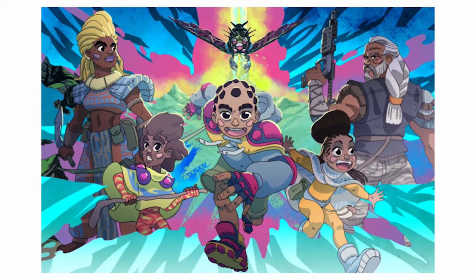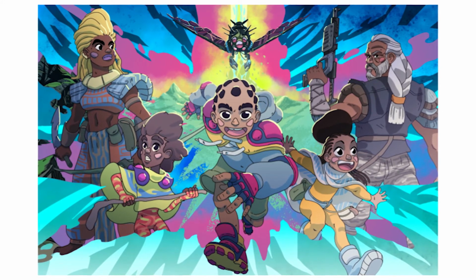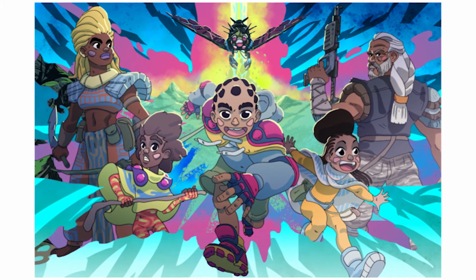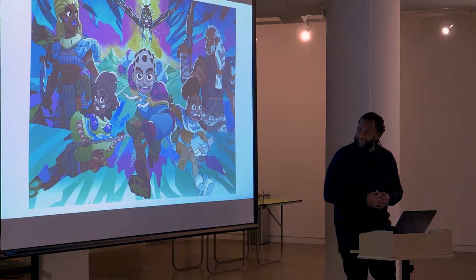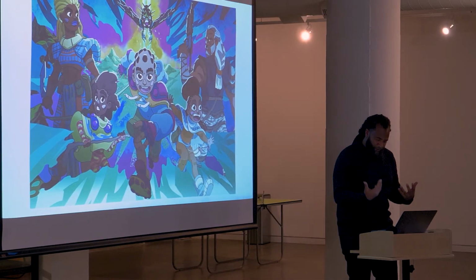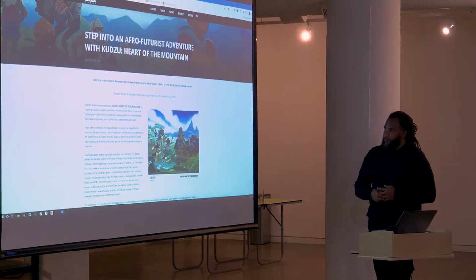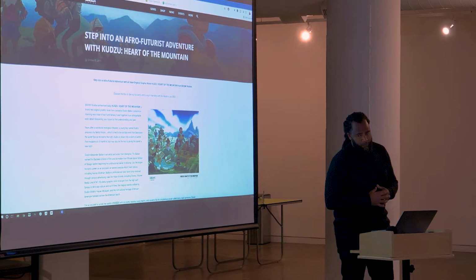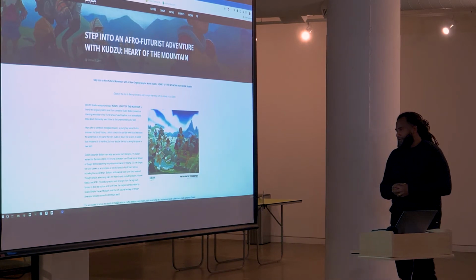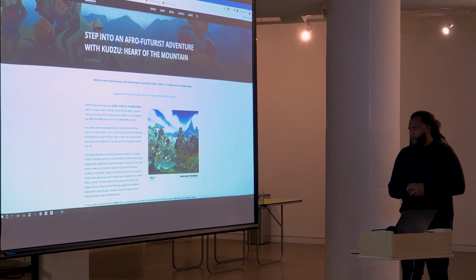So the world of Kudzu, and some of the tools I use to get there and to create that world for myself. And Kudzu, the first graphic novel, is due out later this year. It's called Kudzu, Heart of the Mountain, and it's going to be available from publisher Boom Studios, comic book stores, and bookstores nationwide.